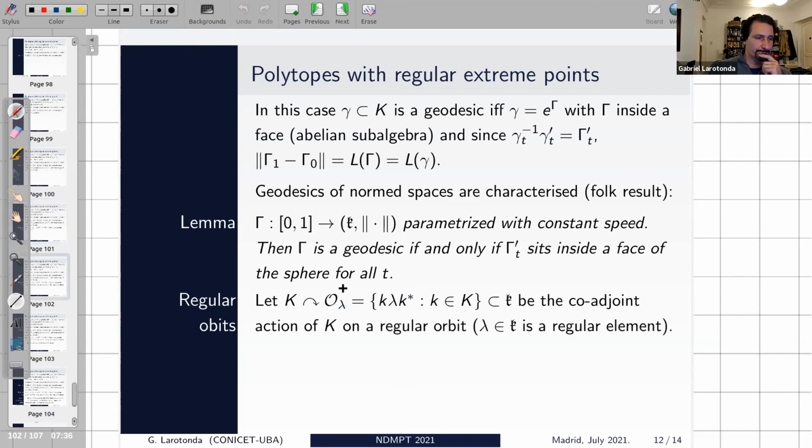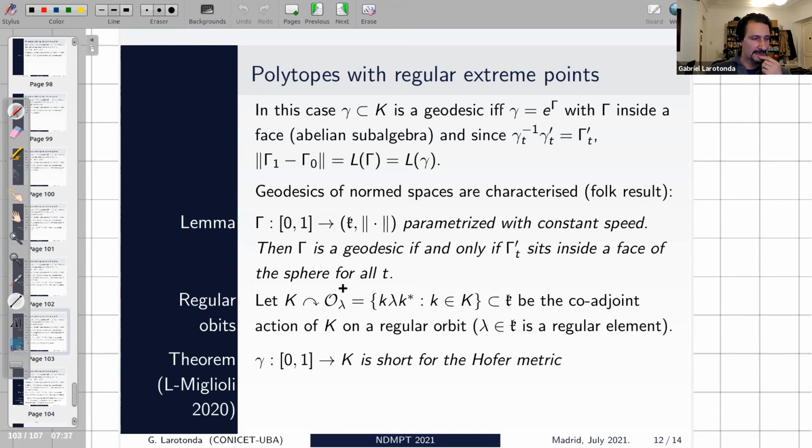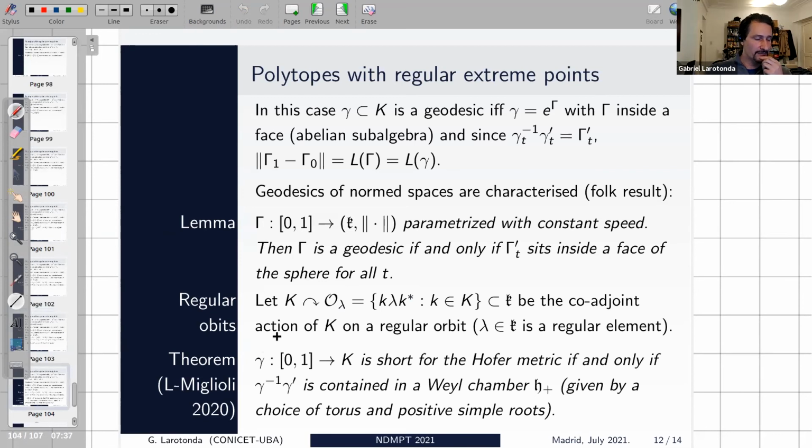And you ask that the orbit is regular. There are other results for non-regular orbits, but for this precise statement you need lambda to be regular. And then the path gamma will be short for the Hofer metric of this particular action of a regular coadjoint orbit, if and only if the logarithmic speed of the path is contained in a Weyl chamber of the Lie